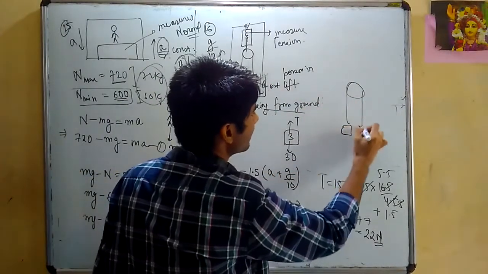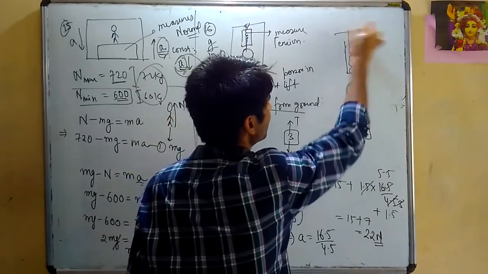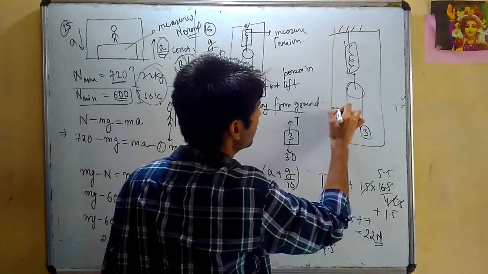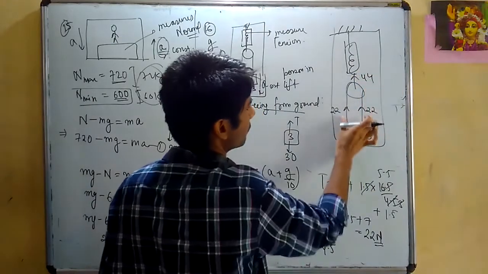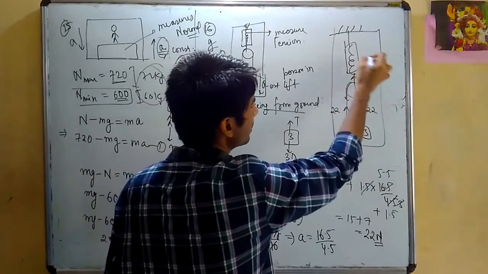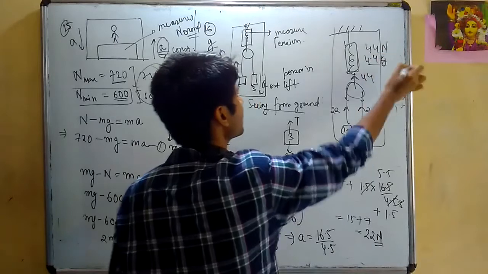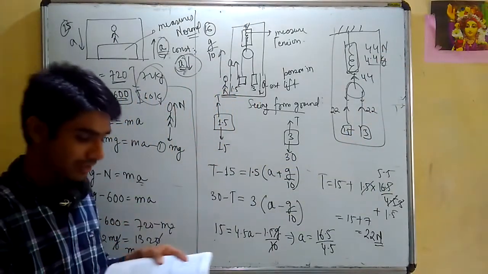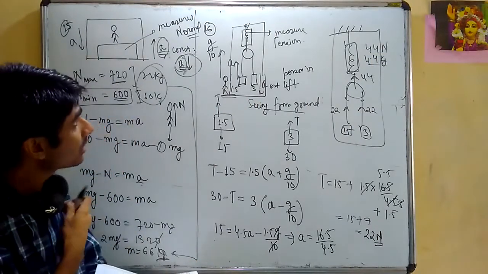If you see, this is 3 and this is 1.5, and here I have the spring balance which is connected to the ceiling, and I have found the tension, how much? 22 newtons. This is also 22, so this will be 44. Here is T, so this will be 2T, that is 44. So the reading of the spring balance, you can write either 44 Newton or 4.4 kg, right? Because if in terms of mass you are supposed to tell the answer, you will tell 4.4 kg. So we have discussed up to question number 16.